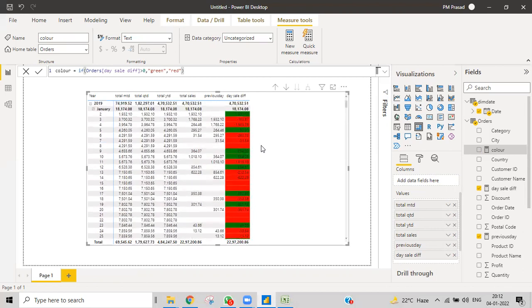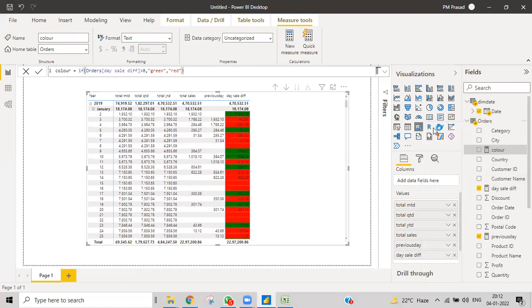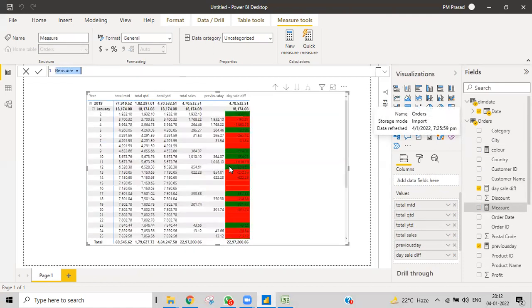And we do have some other things we can see, like previous day, month, and year sales also. I'll write it, and then you can see that. These are the applications. You can ask me in real time. Maybe we can do this, or we may use it for other purposes. We won't only do coloring every time. Maybe they can ask something else, or they simply want to show it as minus or plus. Or we can use it even in creating KPIs also. We'll discuss that a bit later.